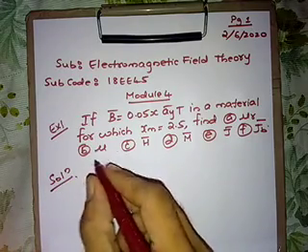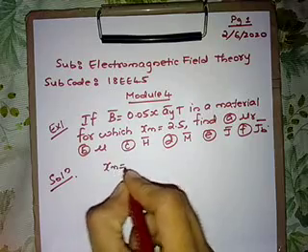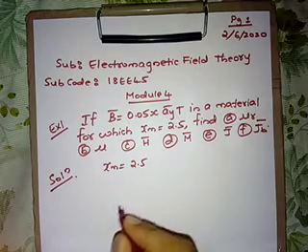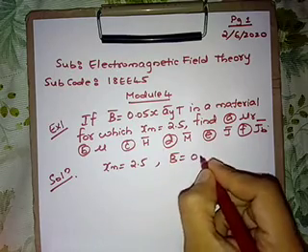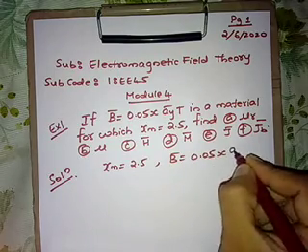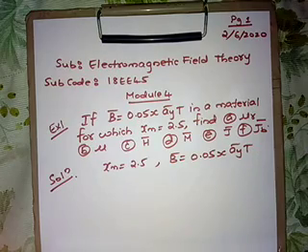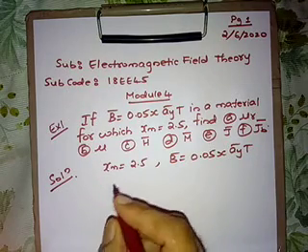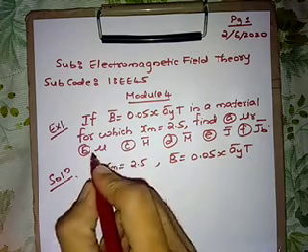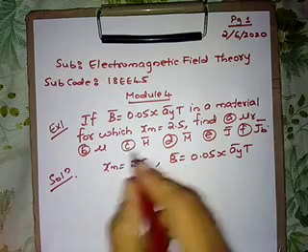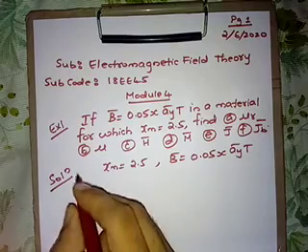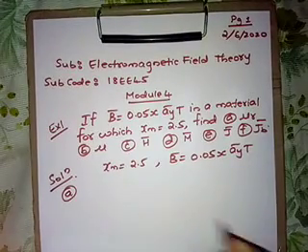So what is given here? Susceptibility chi_m is given, that is 2.5, right? And B bar is 0.05 x a_y bar Tesla, that is flux density. So we are supposed to find all these parameters: mu_r, mu, H bar, M bar, J bar and J_B bar. So the first one,